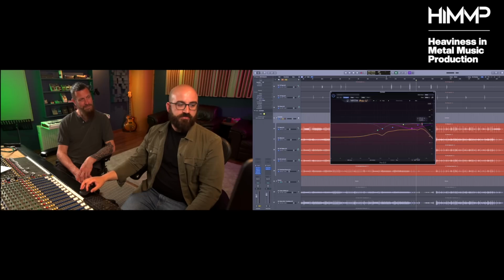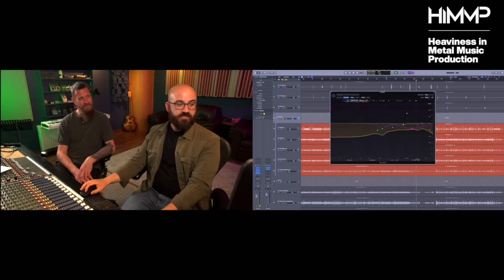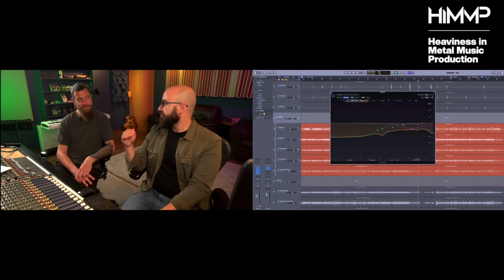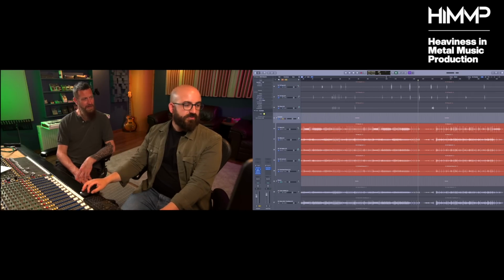It looks like I'm mostly cutting high end. Sorry, my finger on this is adjusting the slope without me wanting to. It looks like I'm mostly cutting top end. Once we get above 3K, I'm mostly subtracting stuff because I guess it's quite a bright recording. If I get rid of that, so I think what's happened is as I've cut the low end out of that, I've needed to also compensate by cutting high end so it doesn't sound too thin. So that's my overhead EQ, which I got first up.